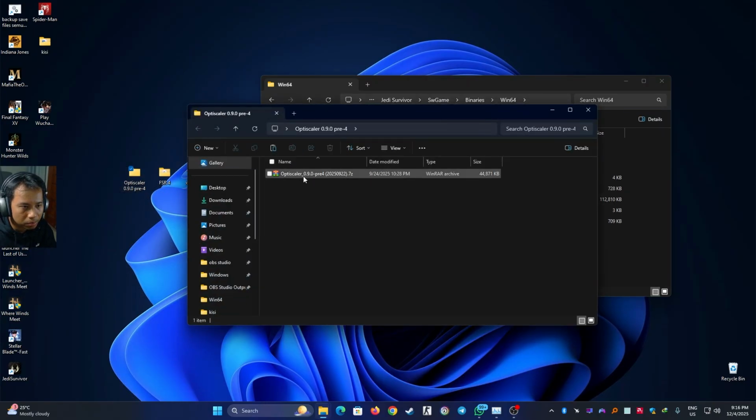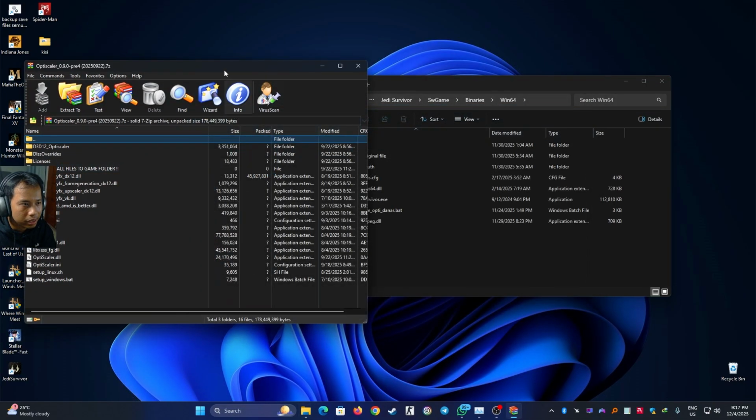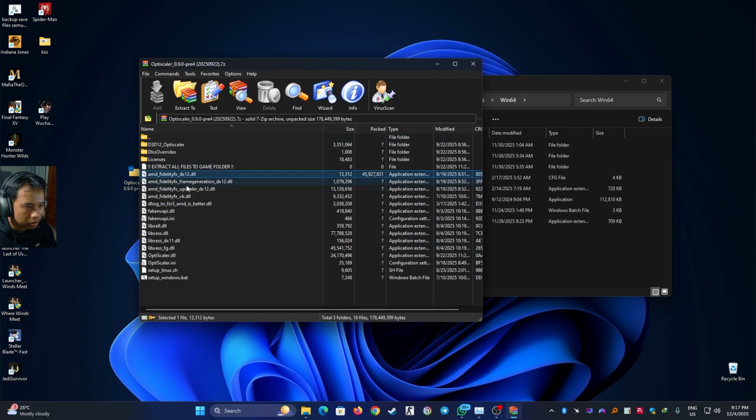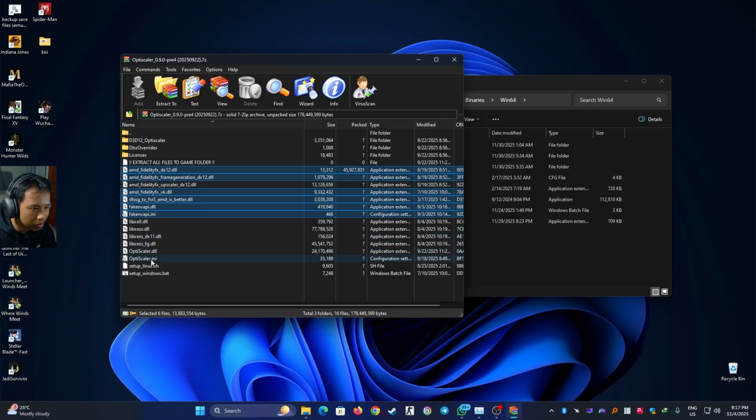Now I'm going to use this OptiScaler, and we only need to select the highlighted files. I don't need this one because we will have the FSR 4 file instead of this file. I'm going to use this one, and we don't need the Intel XeSS upscalers because this is an old version, and we will need the latest version. I'm just going to choose this one and this one. Right, we don't need to override the DLSS, and I'm going to extract them like here.